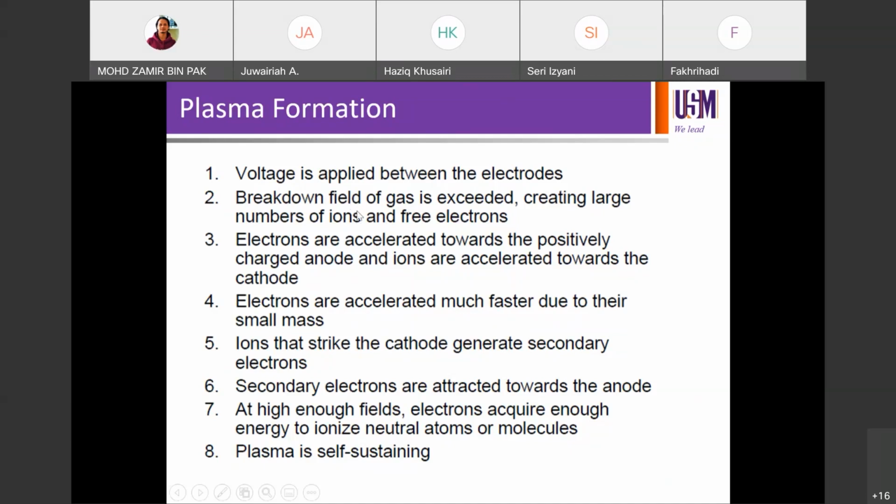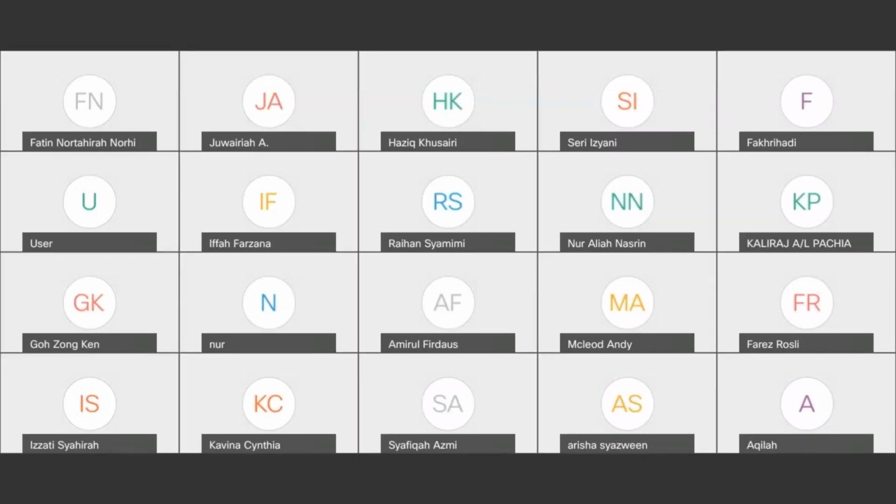If the breakdown field of the gas is exceeded, that will create a large number of ions and free electrons. You started off with argon, and then you remove an electron, and you're going to get Ar plus. This ion removal is done by the voltage drop across the electrodes. Electrons are then accelerated towards the positively charged anode, and ions